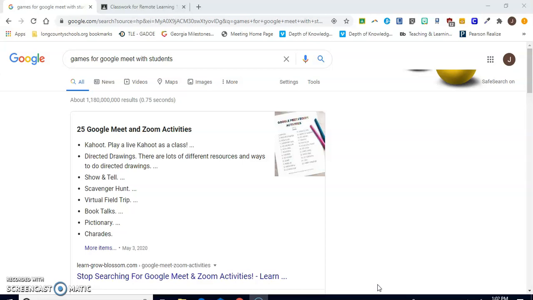You just have to share your screen with the students through the Google Meet, and then they need a separate device. So they'll have the one device where they're watching the Google Meet and they're watching your screen in the game. And then they'll have another device, their phone or something else, tablet, that they're playing the game on. So it's just a little different, but it's still very doable. And I go over that in that next